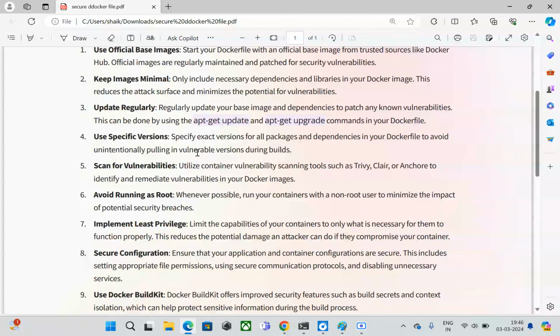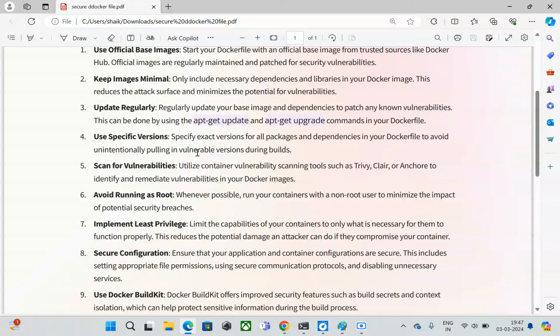Other than this, if you are building your containerized application, while you're writing your Dockerfile, there is no need to use any unnecessary libraries or dependencies in the Docker image, because it's going to make your image heavy, and even if it is unused, an attacker can take advantage of it and it can be a security flaw. So that's the reason we need to follow keeping the image minimal as a best practice while writing the